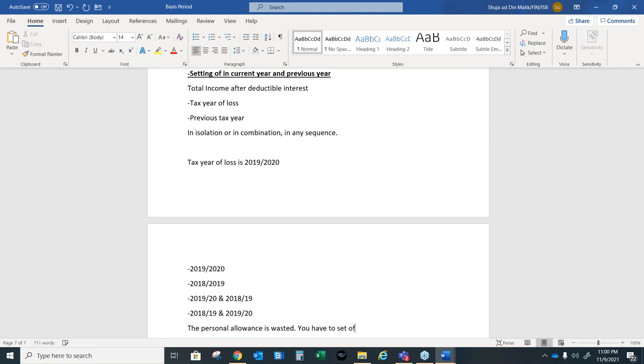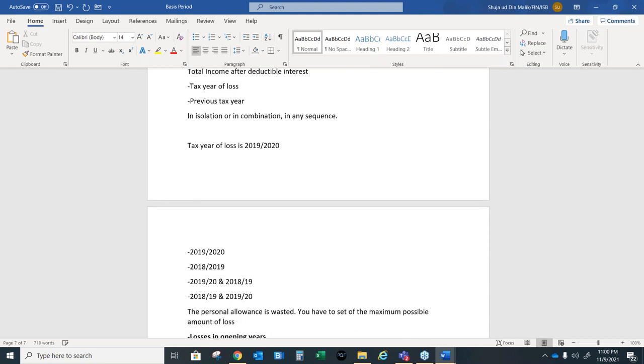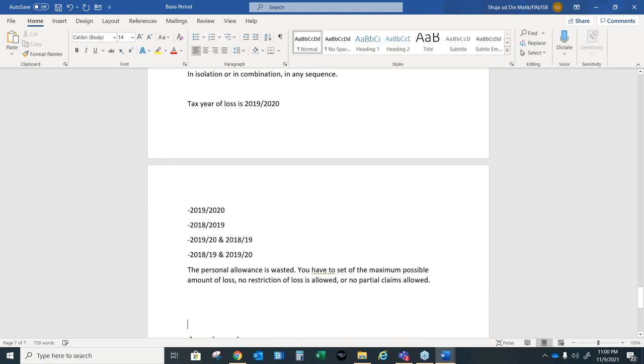You have to set off the maximum possible amount of loss. No restriction of loss is allowed, or the book says no partial claims allowed. I hope,